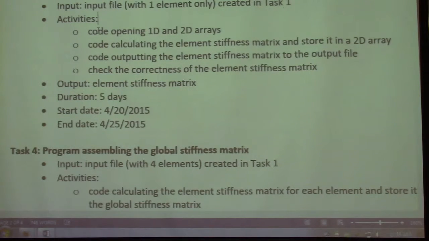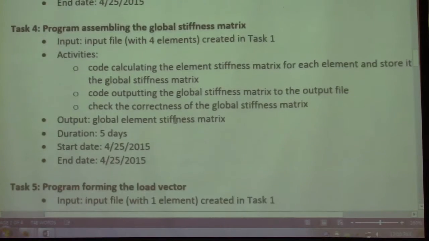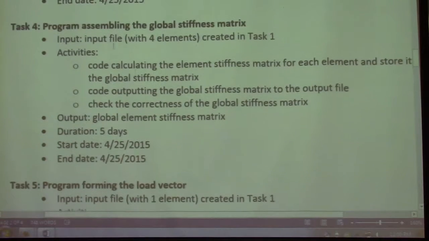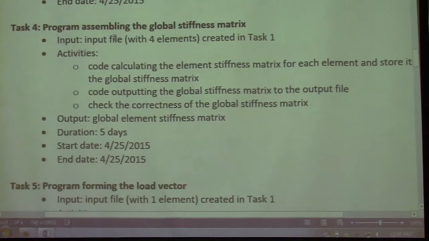Okay, so that could be a challenging step. All right, again, put 5 days to that, and then the next step will be to program assembling the global